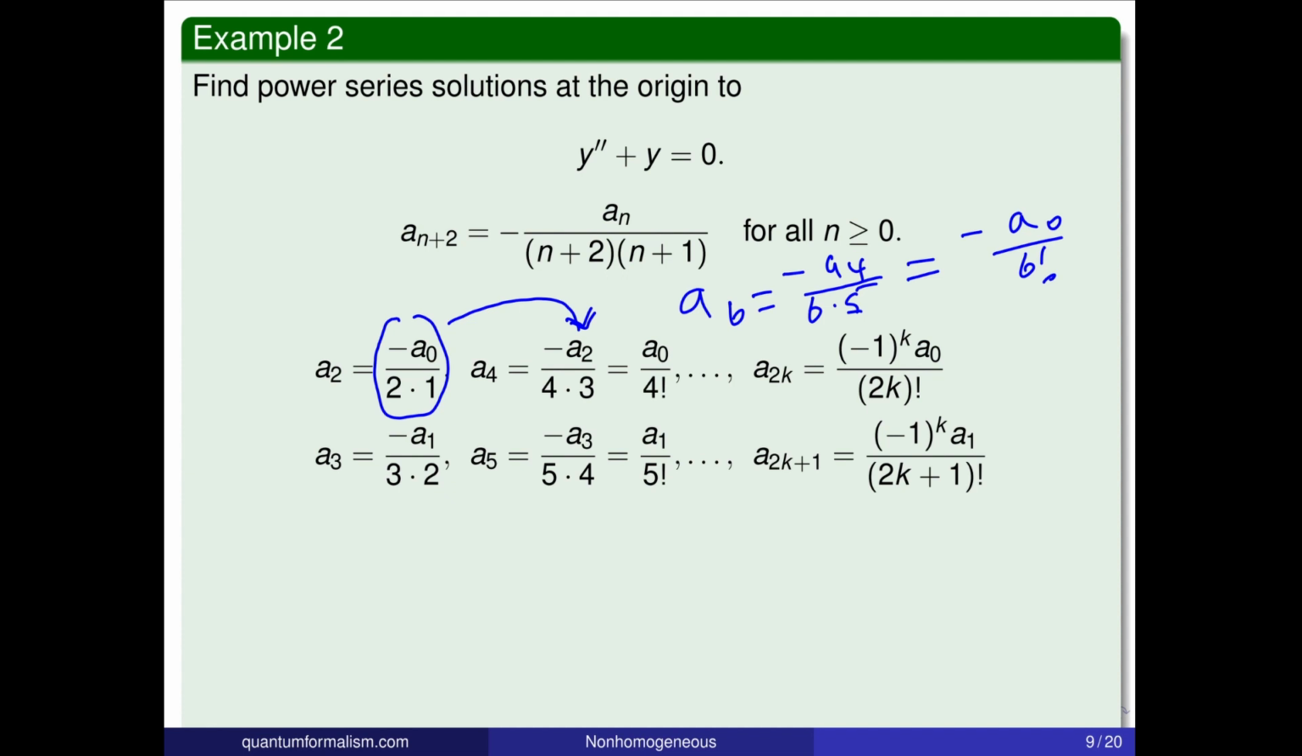Any even coefficient will be equal to some power of minus 1 times A0 divided by that number factorial. So A2k will be minus 1 to some power times A0 divided by 2k factorial. And the correct power, we want this to equal just A0 when k is 0, right? And so that means it should be minus 1 to the k power rather than minus 1 to the k plus 1 power. Right, the minus signs are going to alternate every time